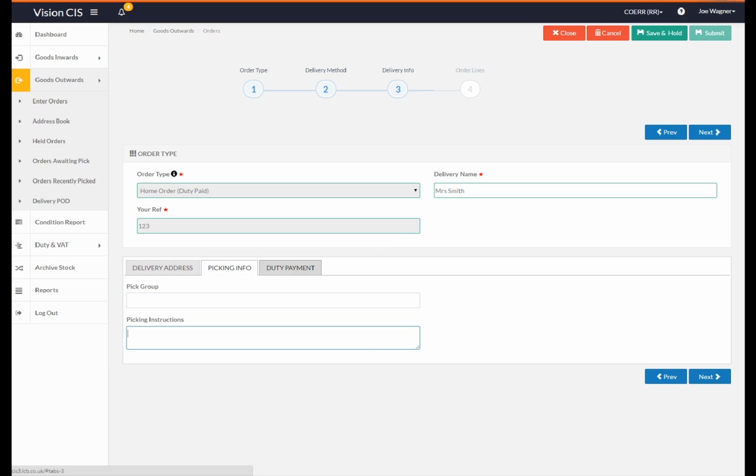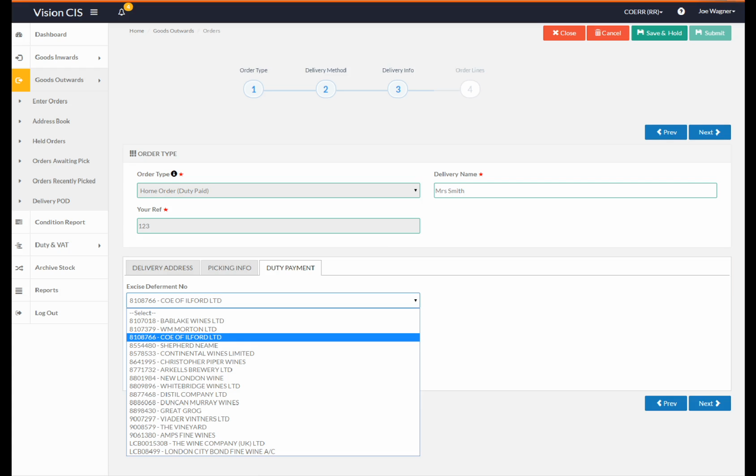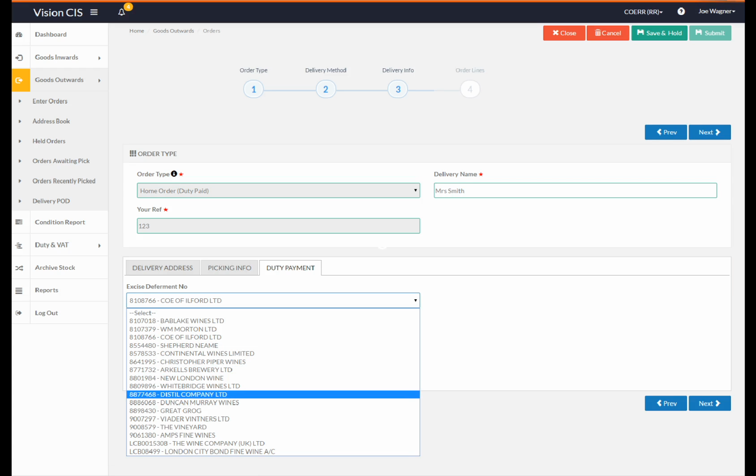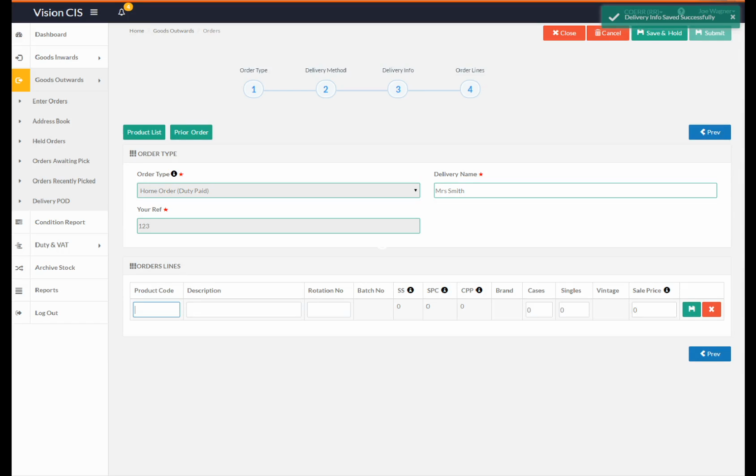And the other option is the duty payment. So if I have the ability to charge duty to another account, now obviously this is all test data, so it's bringing up a number of customer names, but if I've got the ability to charge duty to another account, then you will see the accounts that you've got the ability to charge duty to in the drop down box. So I don't want to change anything there, so I can simply hit the next button